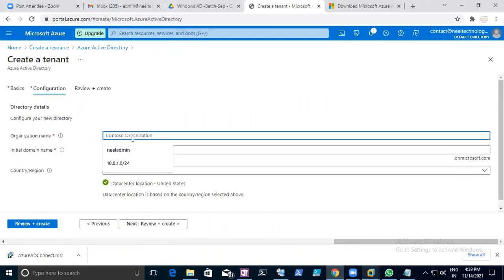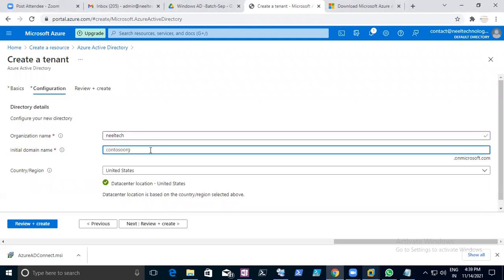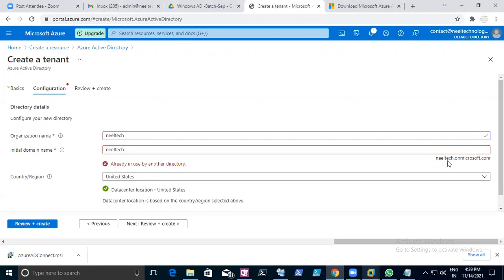Here you need to provide the organization name, like Neil admin or Neil Tech, and the initial domain name you can type here, Neil Tech. It is on onmicrosoft.com. It will automatically take it if it is available.